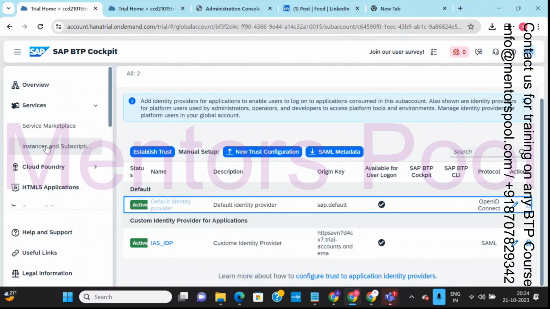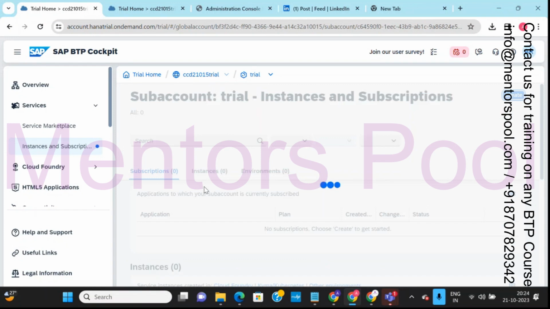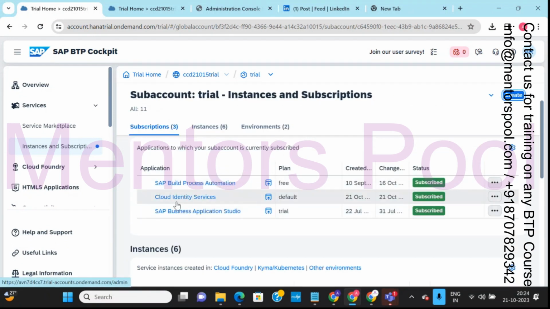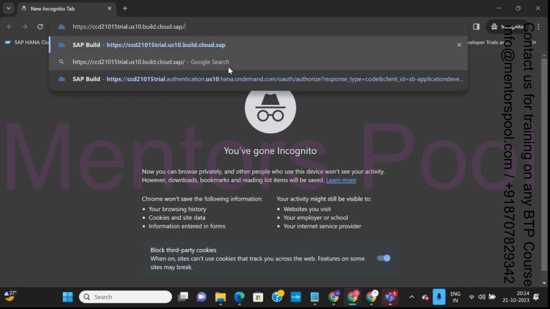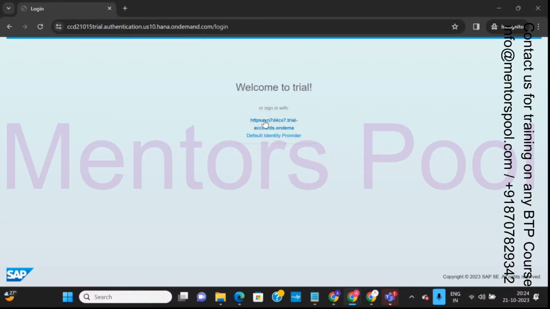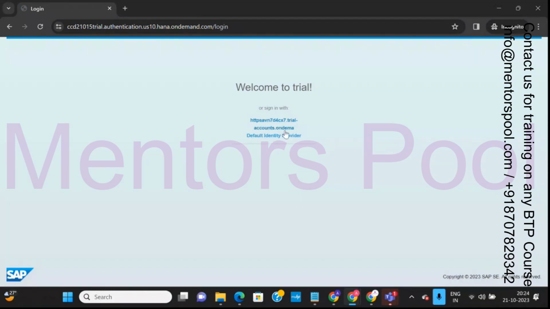So let's go to instances and subscription. I will again open build process automation, copy the link and go in. See, it is giving me two options now. You can go ahead with the default identity provider, or go ahead with this one. Before doing this,